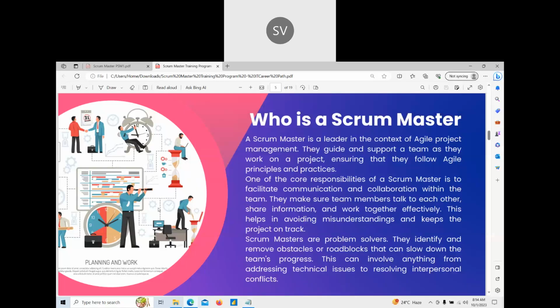Okay, so basically a Scrum Master will act as a leader of the team. They guide and support the team as they work on a project, ensuring that they follow agile practices. So the Scrum Master will also do client management, right? Whenever there is a hurdle or an impediment among the team members regarding any situation,